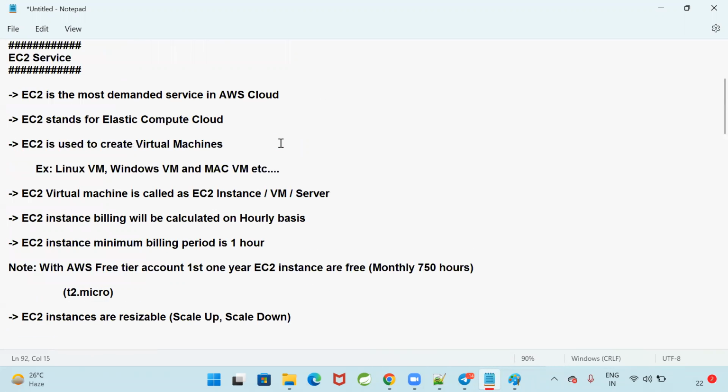We are trying to understand the most powerful service, the most demanded service in AWS. What is that? EC2. EC2 is the most demanded service in AWS cloud. EC2 stands for Elastic Compute Cloud. EC2 is used to create virtual machines. Linux virtual machine, Windows virtual machine, Mac virtual machine, any kind of virtual machine we can create by using this